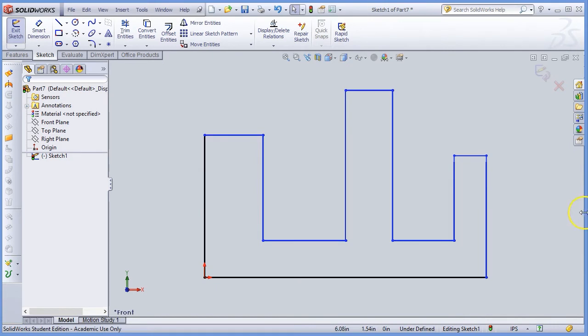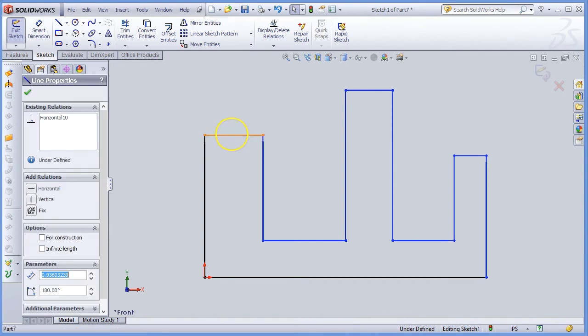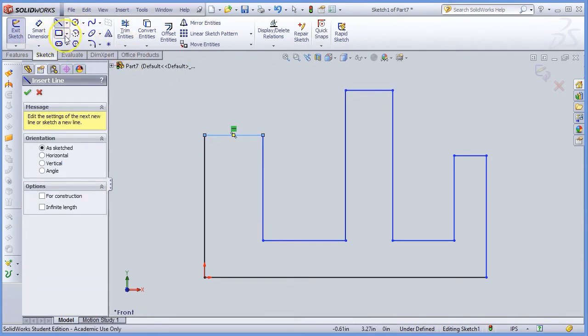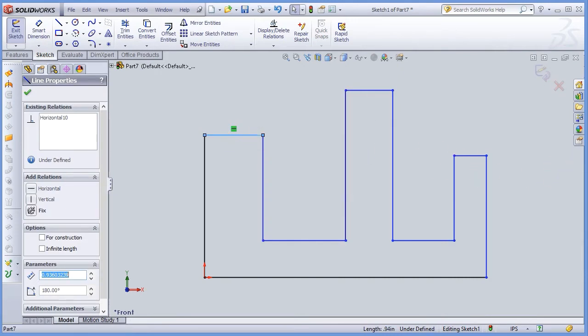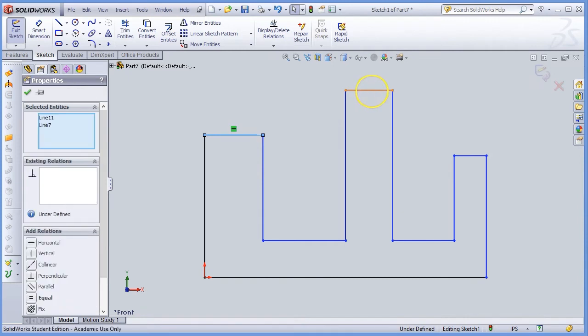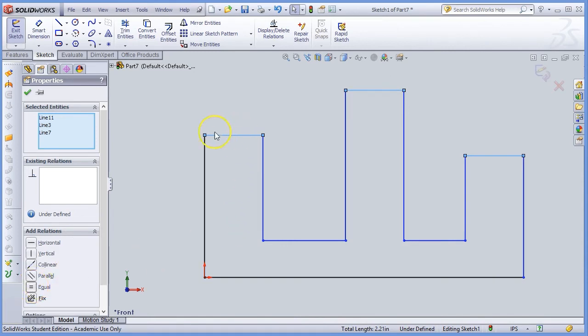Now what we want to do is start setting up some relationships. So I'm going to use the arrow tool. And you can exit if you're in a drawing tool, all you have to do is hit the escape key to exit it. So I'm going to select these 2 lines. Actually, I'll select all 3 lines here because I want them all to be the same width. So I'm going to say equal. So that means